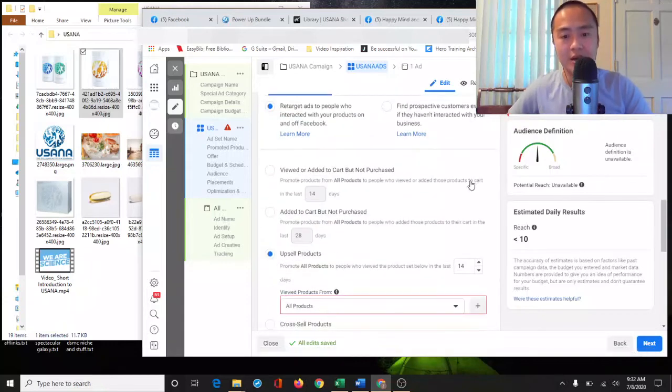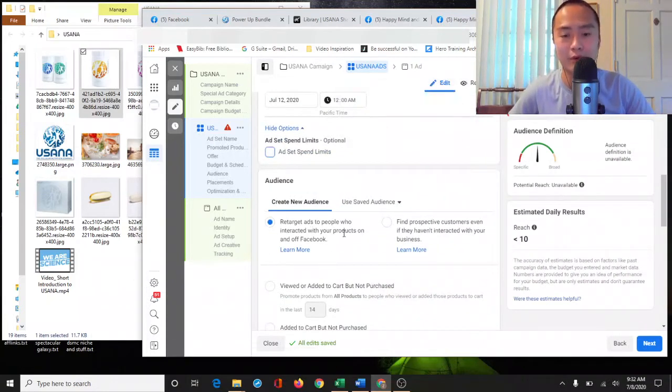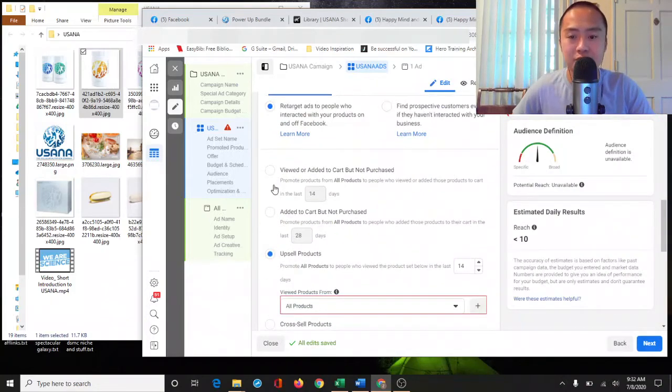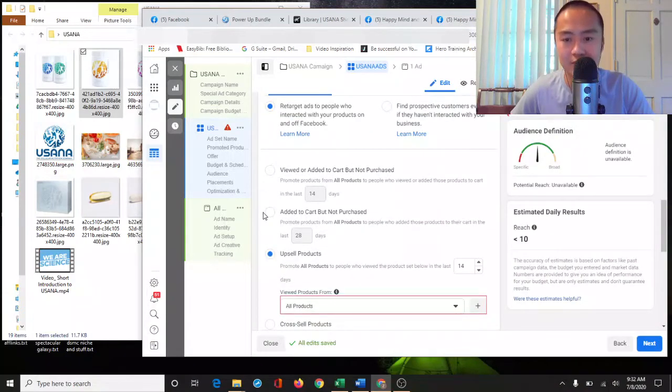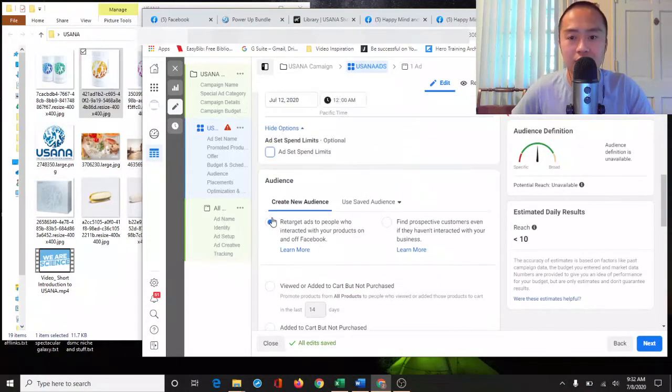But for now, this is for people who have already been running ads for a while, who already have a brand, who already have a booming Facebook page. So this is what you're going to want to build up to at some point where you've already got an audience. But for now, you're going to focus on here. Now, we're not upselling products. We're going to look for,